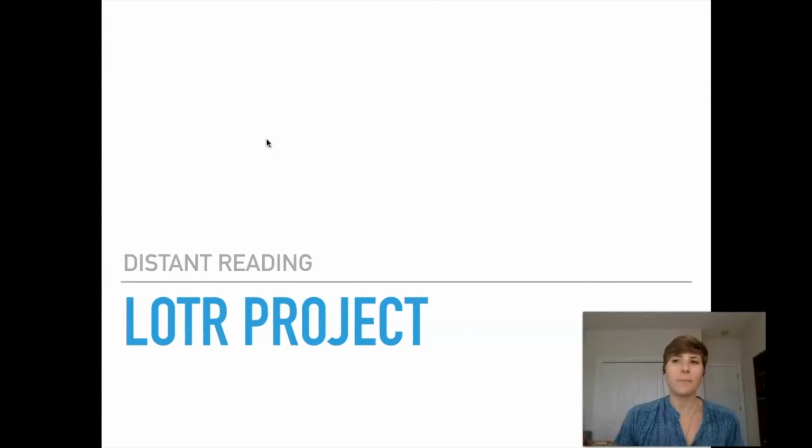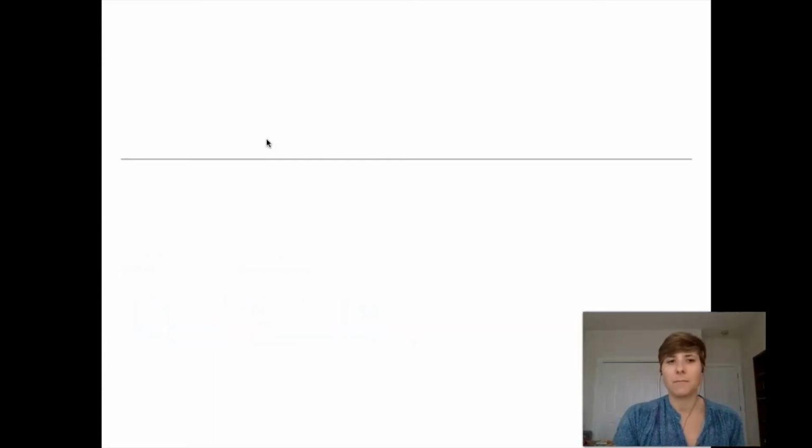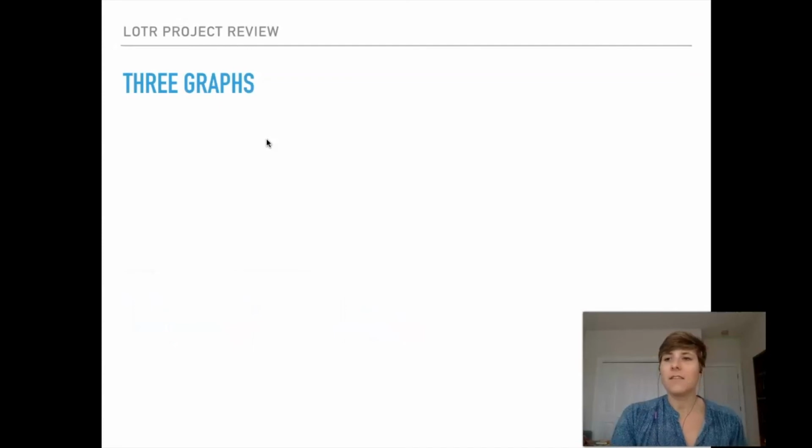Right, so now to start practicing this, we're going to turn to the Lord of the Rings project and look through how we can understand our graphs and how we can use this to make statements and hypotheses about text. Okay, so again, this is something that we did before spring break, so I'm not going to take much time here, but I'm just going to walk you through 3 of the graphs within this huge project just to articulate this process of identifying what's being graphed, what our data is, and how we might imagine hypotheses